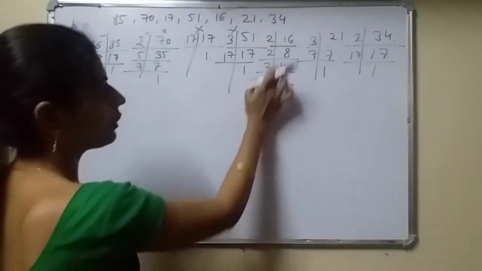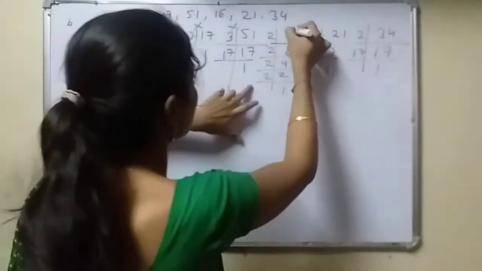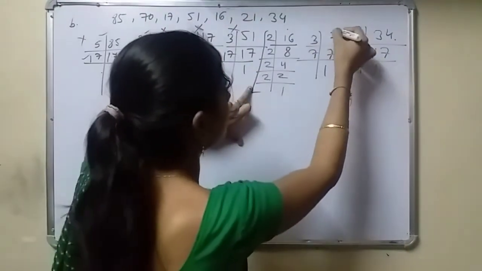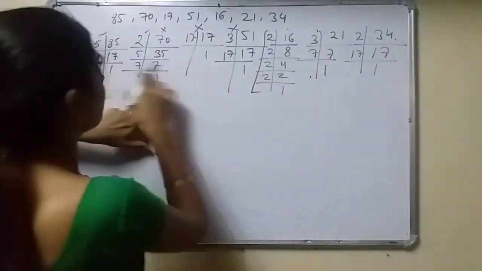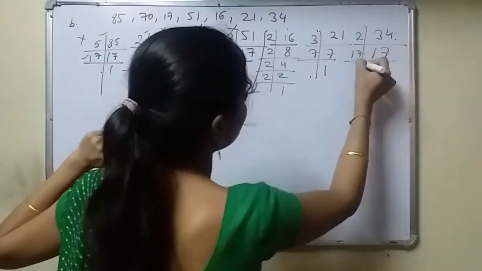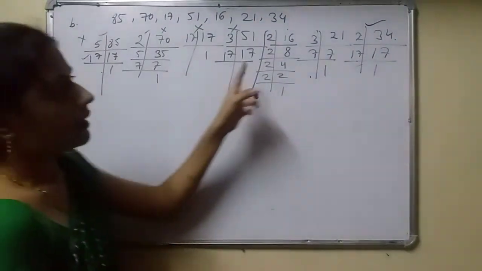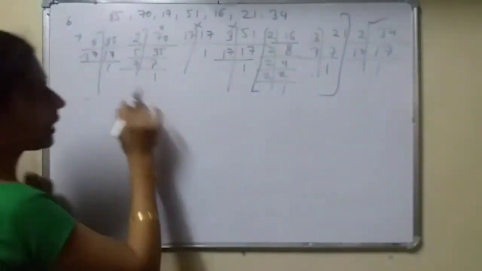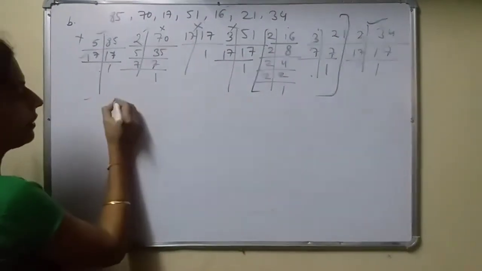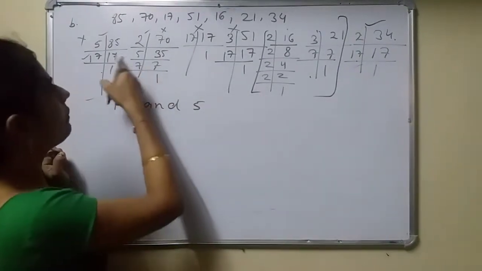Now see, common factor of 16, 2 is also not the common one, this is very different from the other one. Now see, 3 into 7, 3 is not the common factor here. Now see, 2 into 17, only 1, 2 into 17 is also common. See, in these two numbers, which are the common factors you can see here? 17 and 5.